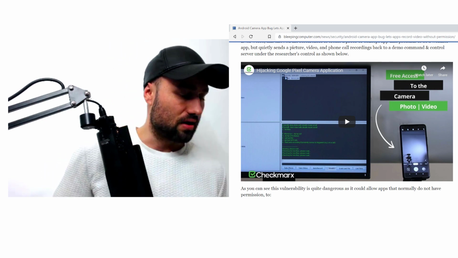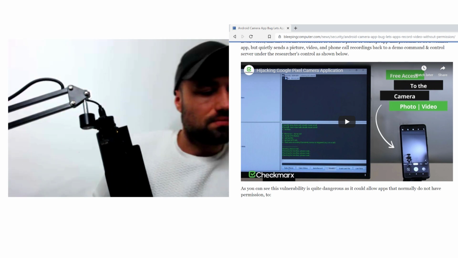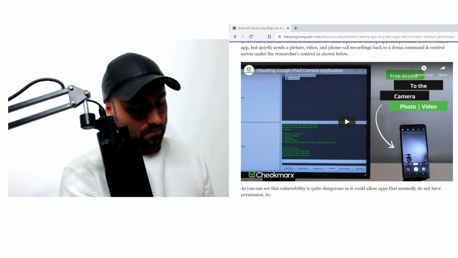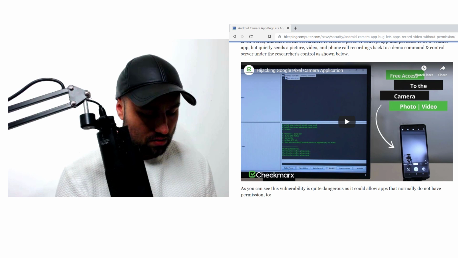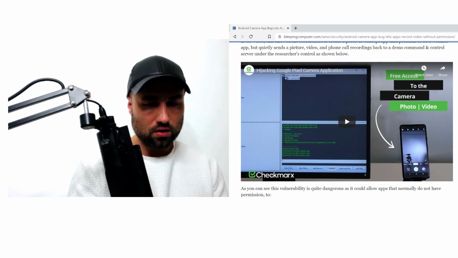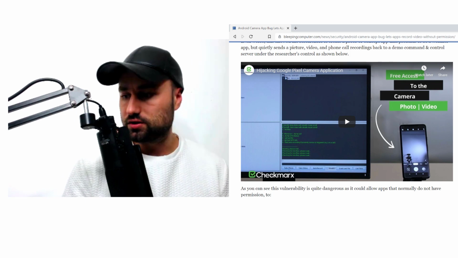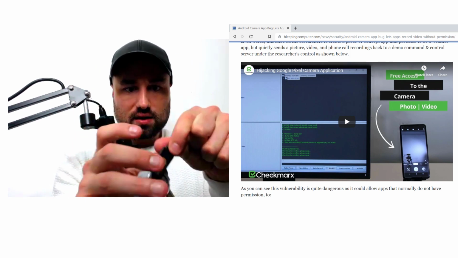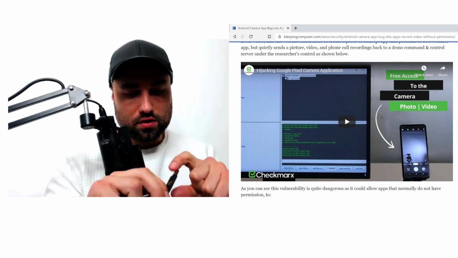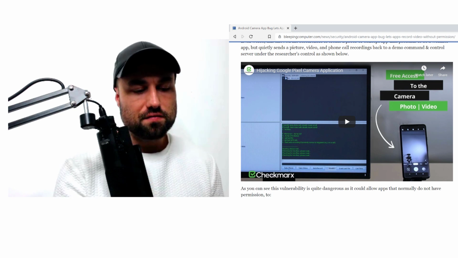You can use something called a YubiKey. I don't have it on me. Actually, I do have it on me. You can use a YubiKey, which is a physical hardware device for 2FA. It looks like this. Facebook has this actually, and you can use it on your phone. It'll ask you for the 2FA for the phone. You put that against your camera on the phone. This acts as a security feature.